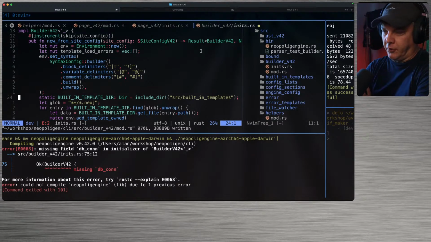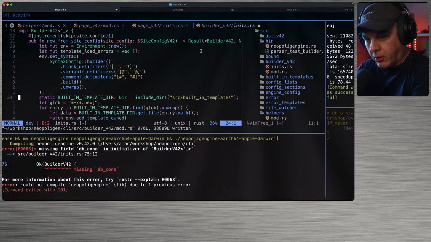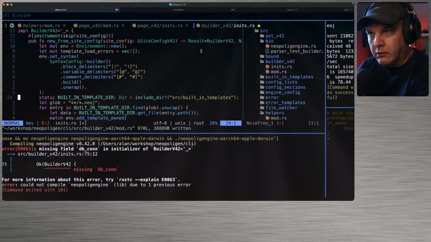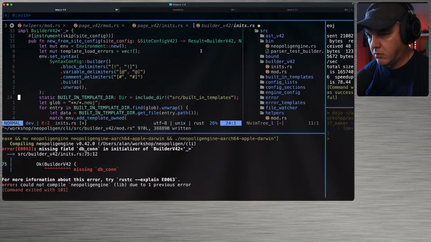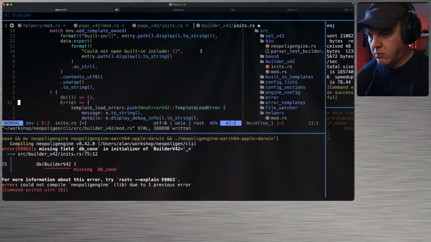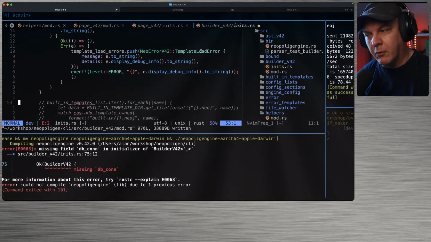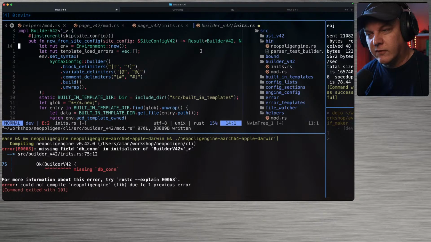So when we make a builder, part of the build process is going to be to check the cache. So I think, no, it's really more the site level when that happens. It's not necessarily the builder. So let's